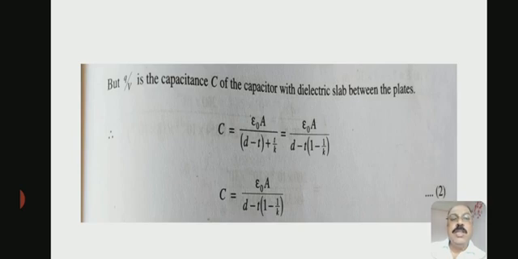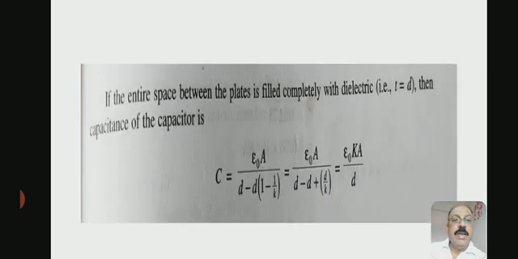So C is equal to epsilon naught A divided by (d minus t plus t by K). This equation is taken from the last equation, Q by V. Simplified, C is equal to epsilon naught A divided by (d minus t into (1 minus 1 by K)). Now, if the entire space between the plates is filled completely with dielectric,